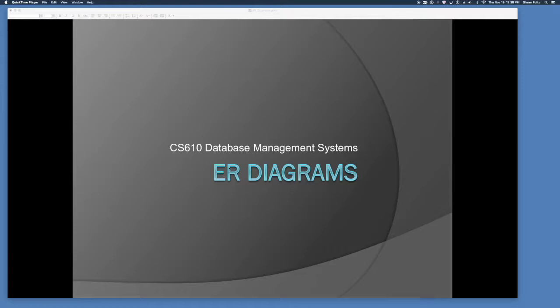Examine the concept of an entity relationship diagram. Typically those are called ER diagrams. And so we're going to just take a look at the start of an ER diagram, and then we'll jump into a more traditional view of ER diagrams. So the first thing you need to know